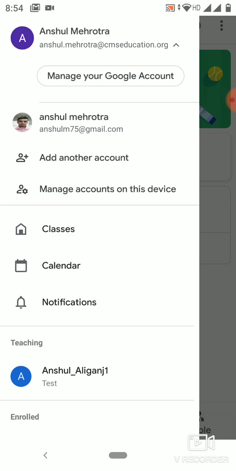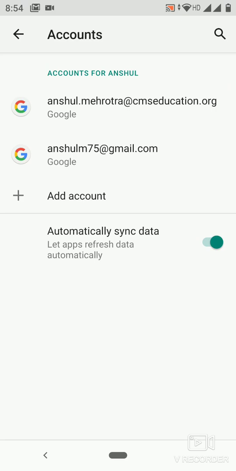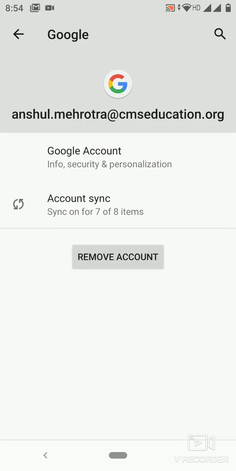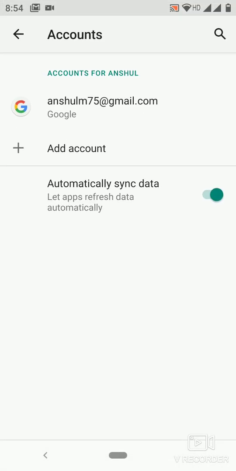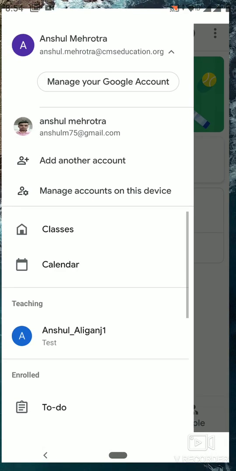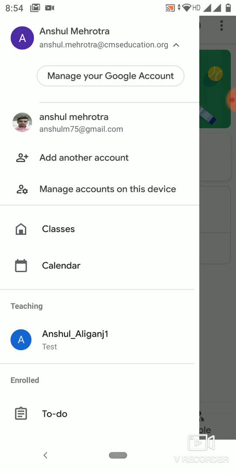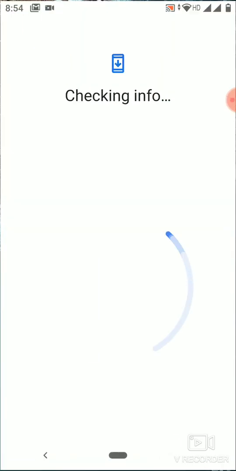What you need to do is click manage account on your device. Simply remove your official account. Removing an account doesn't mean that you are deleting your account. You are simply signing out from your mobile phone, and click add account again.